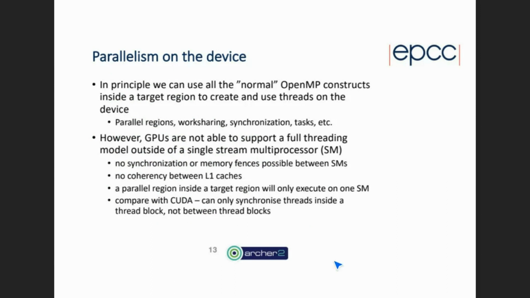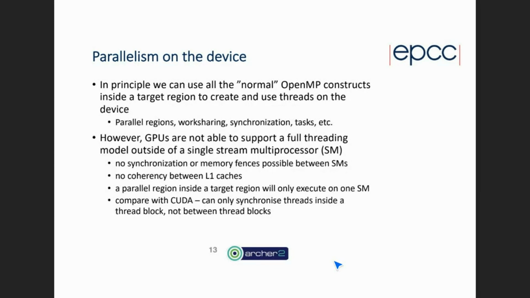Okay, so that's a rough outline of how all the data copying works. But now we have to think about, okay, what about parallelism on the device? Well, in principle, we can use all the normal OpenMP constructs inside a target region to create and use threads on the device. So parallel regions, work sharing, all the synchronization, tasks, et cetera. But